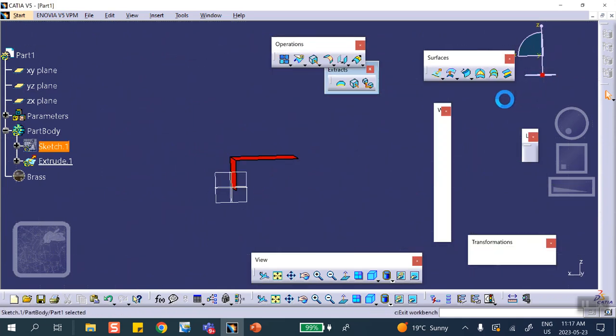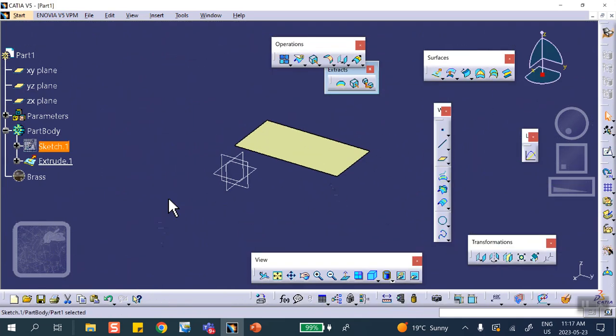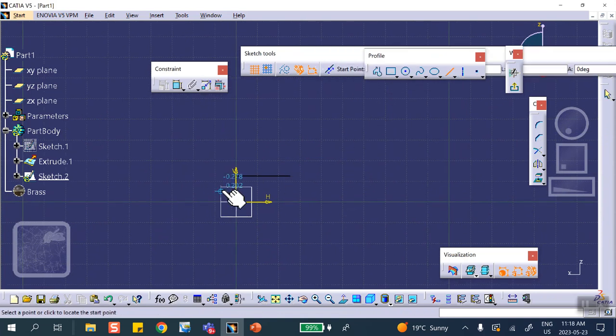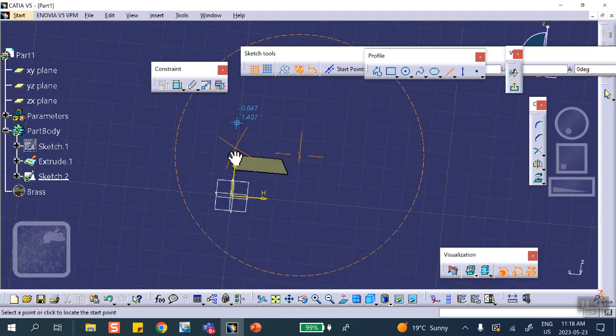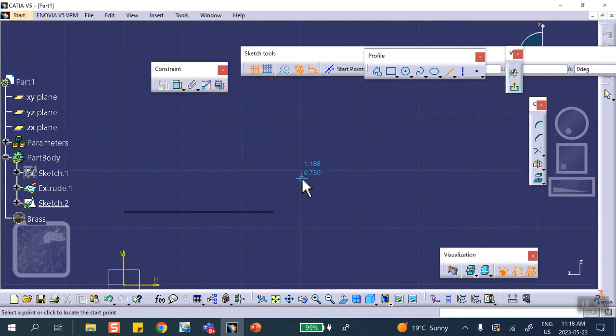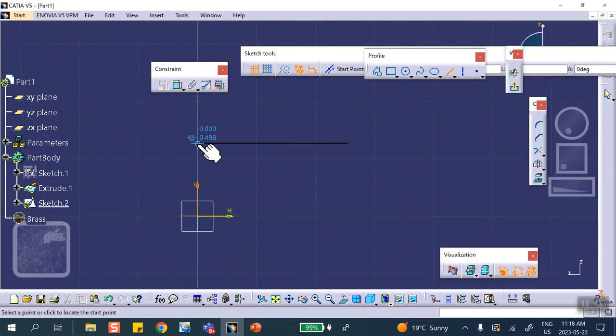And exit. There we are. Back into that plane and sketch a vertical line going from there, normal view, zoom in, okay, going from there